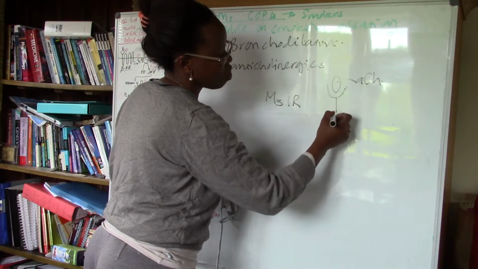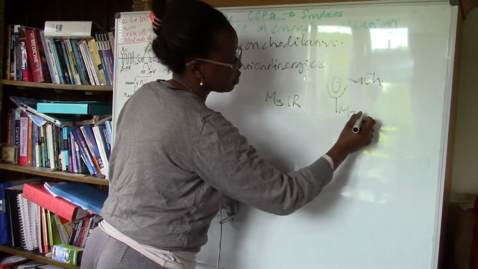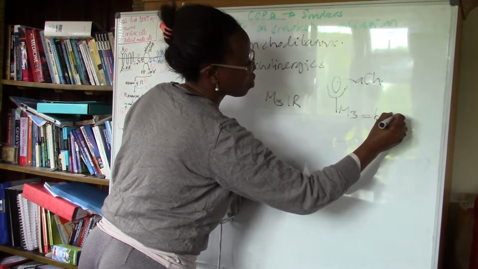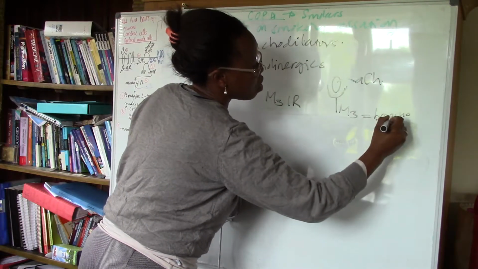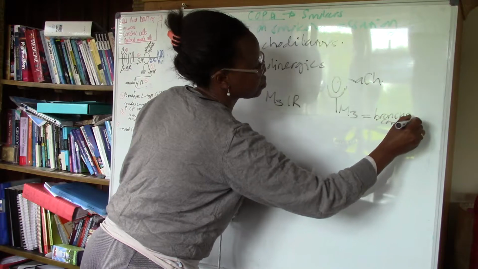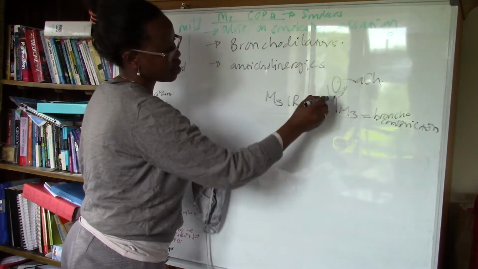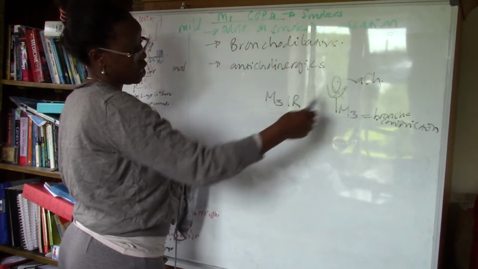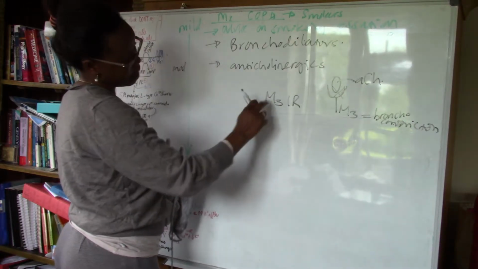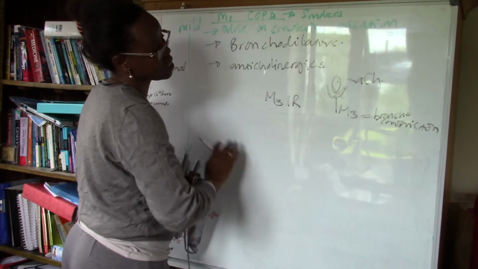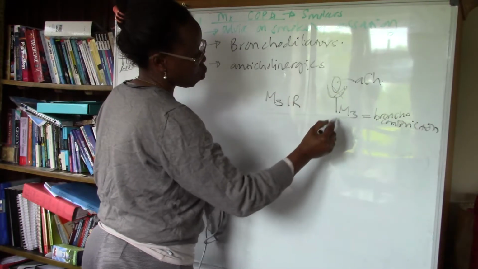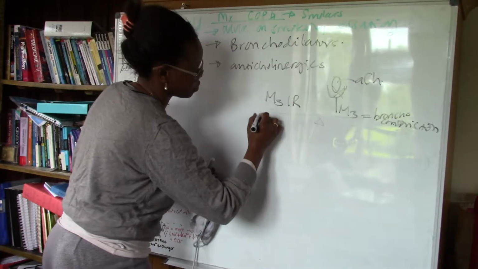Normally when acetylcholine binds M3, it results in bronchoconstriction. So blocking the binding of acetylcholine onto its M3 receptor, the antagonistic effect of that will then cause